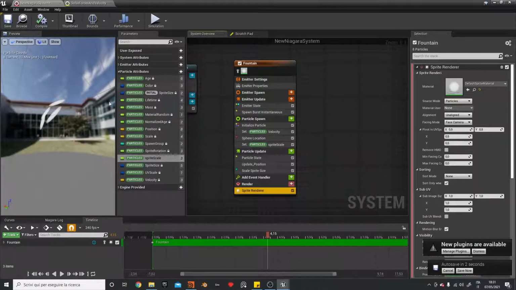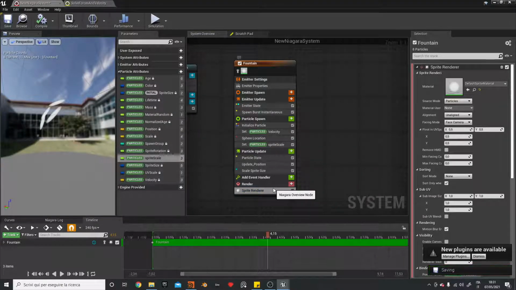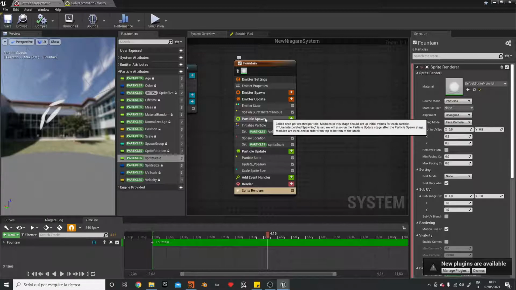So I hope it's a little bit more clear how the emitter works, how the particle system works, and be really careful to understand, when you do some operation, where actually you